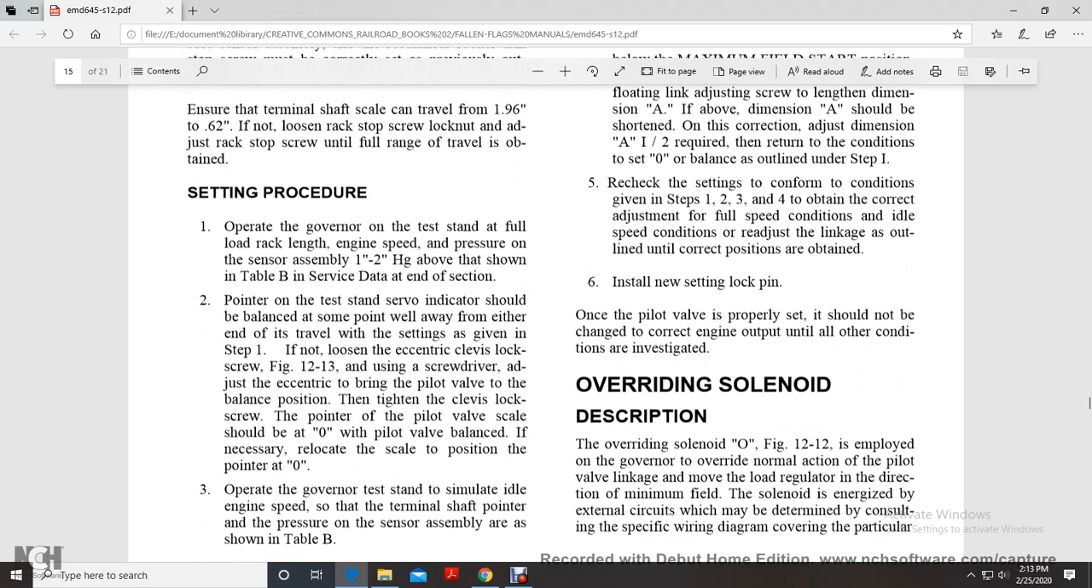Overriding solenoid. Description of the overriding solenoid, figure 1212: it is employed with the governor to override the normal action of the pilot valve linkage and move the load regulator in the direction of minimum field. The solenoid is energized by external circuits, which may be determined by consulting the specific wiring diagram covering